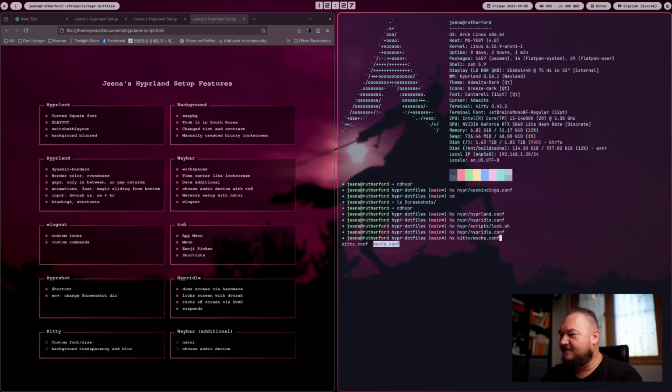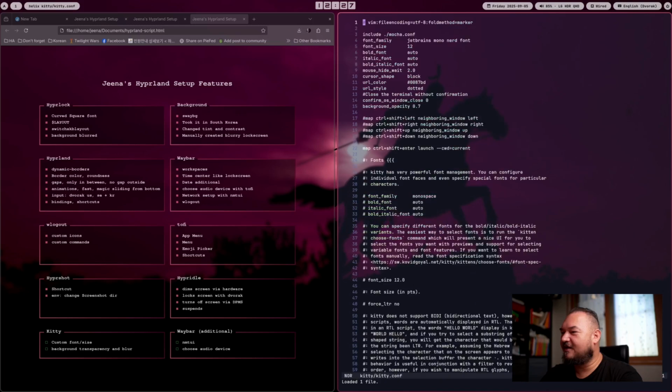So I have this mocha one, and then in Kitty, I basically just do a couple of things like include the mocha, change the font to this one, font size, and not so much more. Oh yeah, I did the background opacity also, so you can see here the background of the